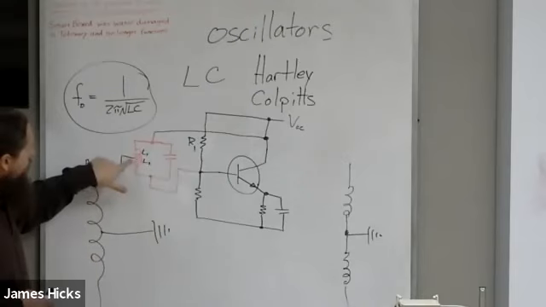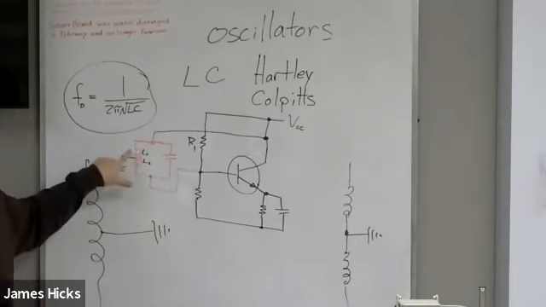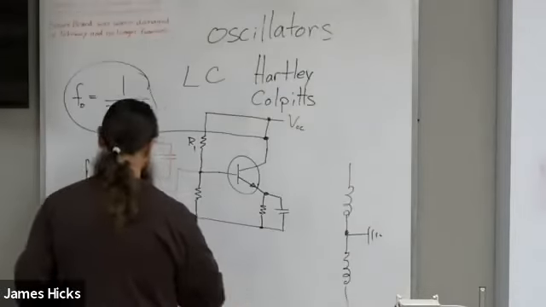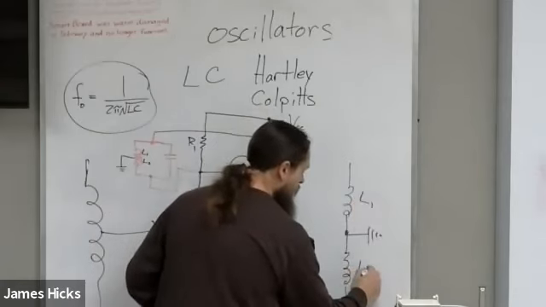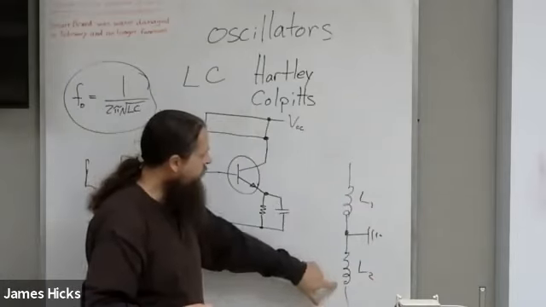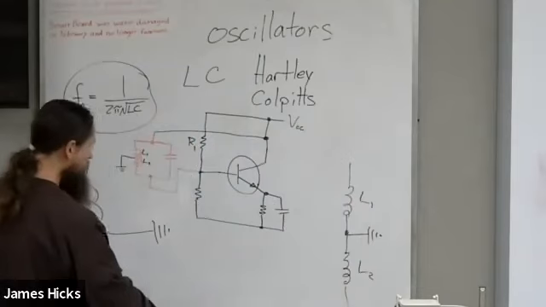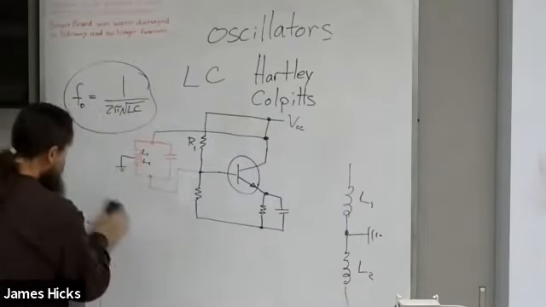But since they're grounded in the middle, L2 will be 180 degrees out of phase from L1. So this is L1, L2. L2 is off by 180 degrees from L1. And that's not good